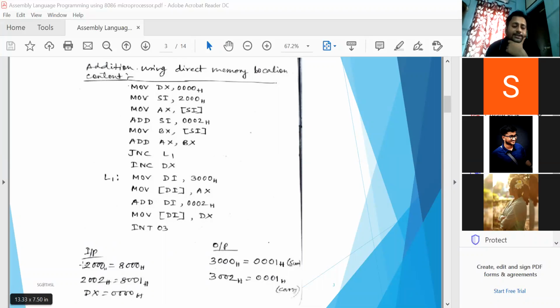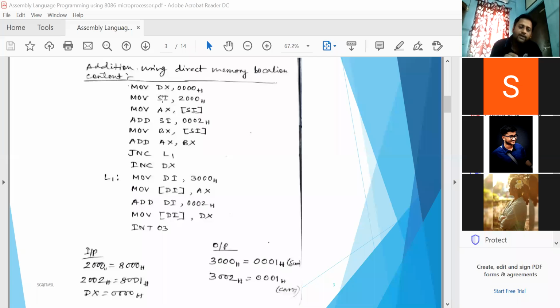Now, these memory locations are operated as your input memory locations, which means these are source memory locations. And the output will be saved into the 3000 and 3002 memory locations. That's why these are destination memory locations. So inputs are source memory locations and outputs are destination locations. Source locations can be initialized with the source index register. That's why I have used the SI register, the source index register, with the value of a certain memory address, that is 2000. So 2000 will be stored into the SI register.